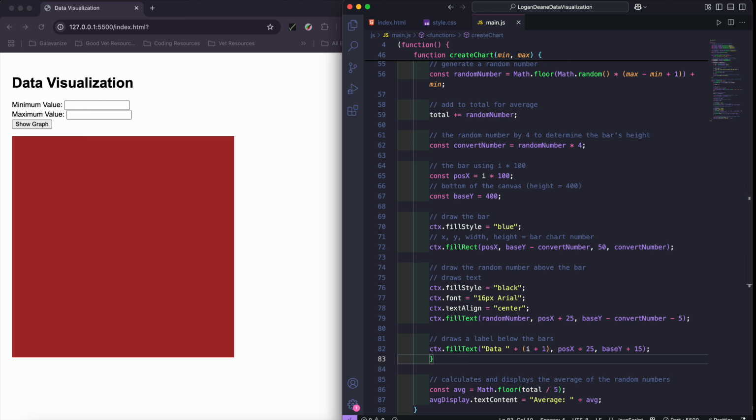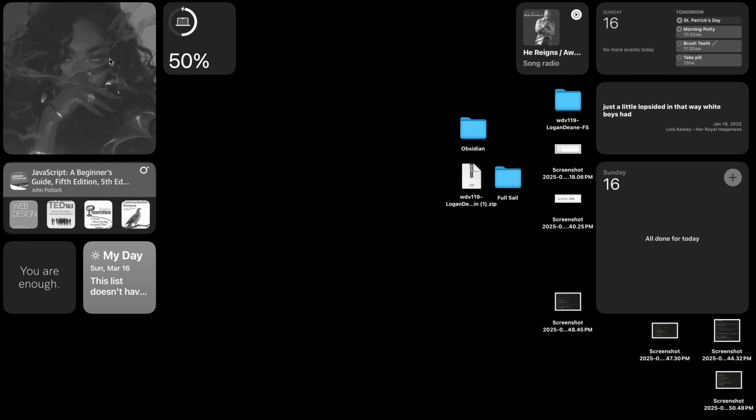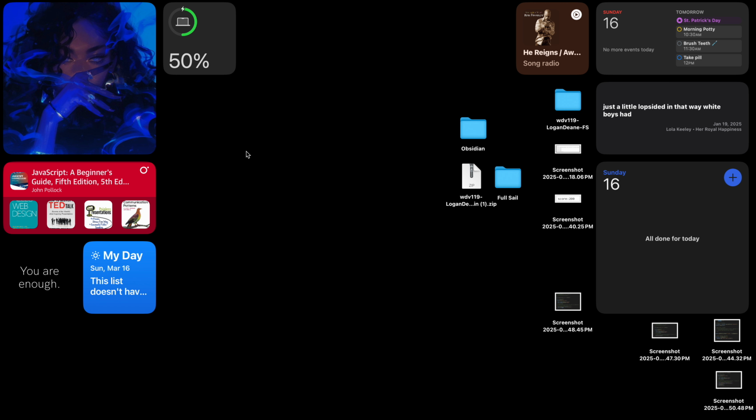I don't know how to end this thing. How do you stop a screen recording? Oh, Command Control